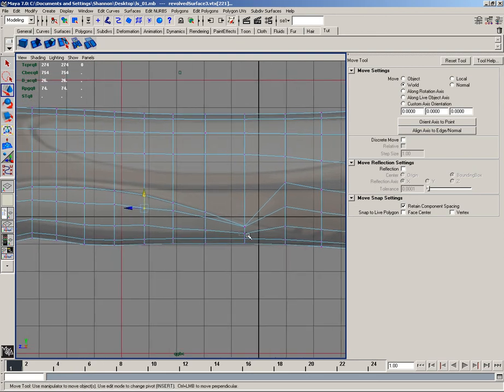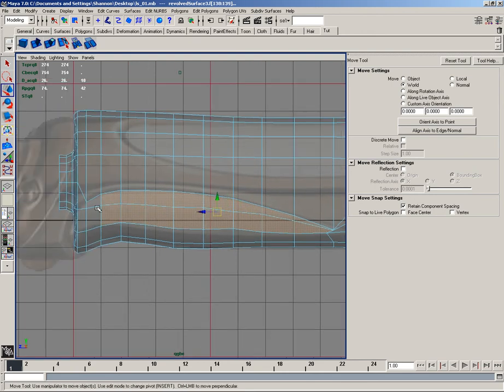I'll simply drag this point forward and up, and then go to my face selection, and I'll select these faces here. And then I'll go back to vertices, and I want to readjust this vertice here to round out the shape. I'll then select these faces,